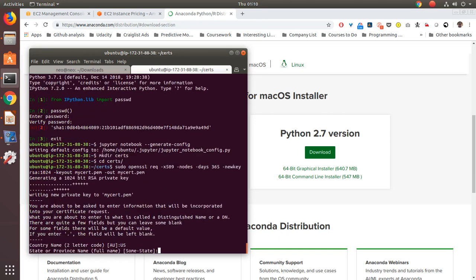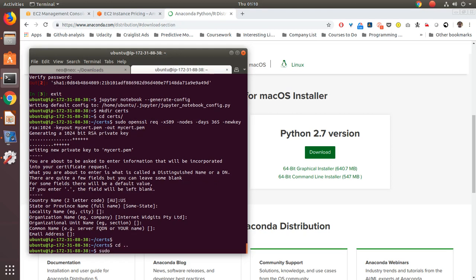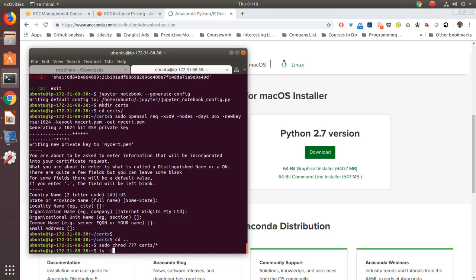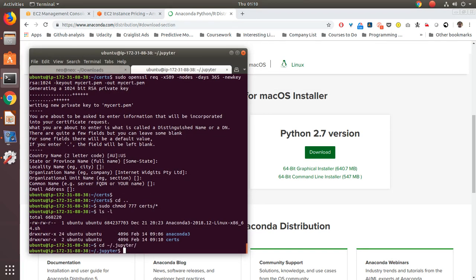It'll ask for some country code, state, province. You can enter that, or you can just press enter, and the work here is done. The next step is basically to give permissions to this folder and everything inside, and let's see if that is done. And looks like yes, that should be done. Next, let's move into the Jupyter directory that's there, and